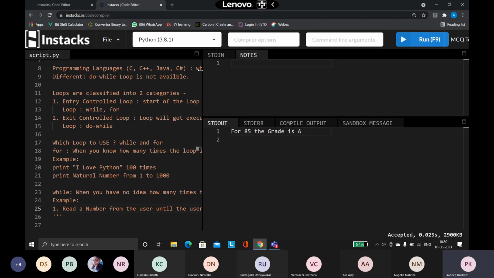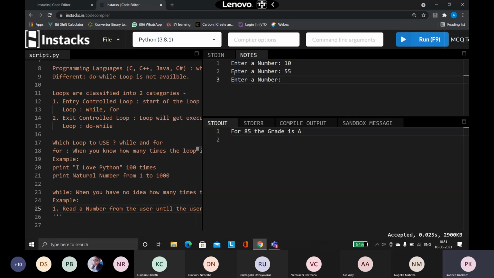You understand what I'm saying? First time, it asks, enter a number. Your output screen will be like this. Now I will give one number. If I press the enter key, again it should ask me, enter a number. Then I will give some other number.